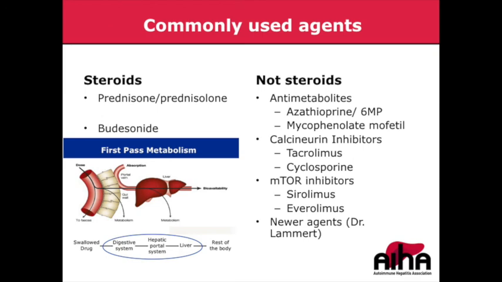The other steroid I want to bring up is budesonide. Some of you may have heard about budesonide, some not perhaps, but budesonide is a steroid that is taken orally, just like prednisone. It's absorbed in the intestine and goes into the portal circulation, which feeds directly into the liver. And so in the liver, budesonide undergoes very high first-pass metabolism. What that means is 90% of budesonide that we ingest by mouth is metabolized in the liver before it makes it out into the main circulation and the rest of the body gets exposed to it. So the upshot is great exposure to the liver, minimal exposure to the rest of the body. That's beautiful.